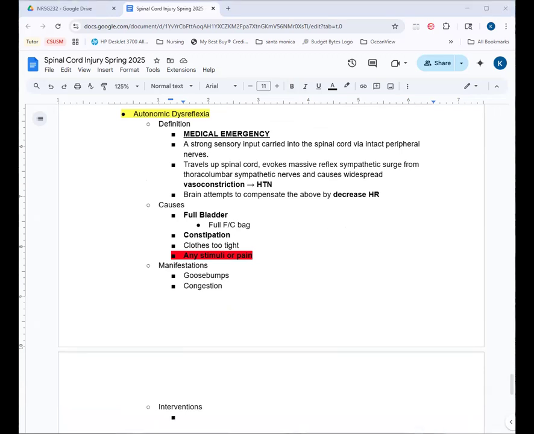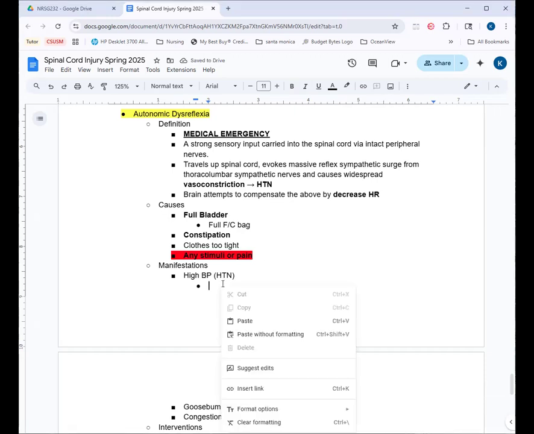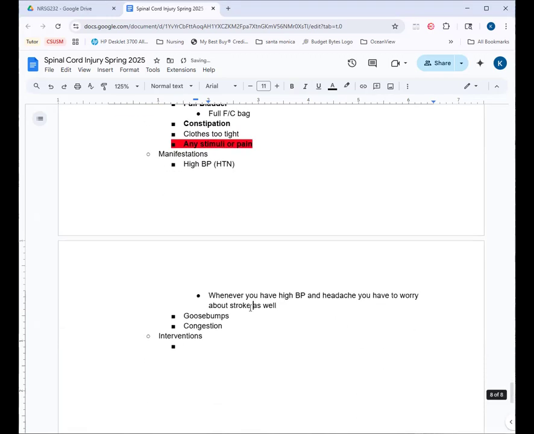So talking about what happens with the vasoconstriction, we already know that this is going to lead to a manifestation of hypertension. And when you have high blood pressure, we're worrying about some other stuff as well, because they're probably going to have a headache, and we're thinking, oh, the patient might have a stroke. So headache, and we know the bradycardia from what we talked about above. Goosebumps was mentioned, sinus congestion just from all the blood flow,